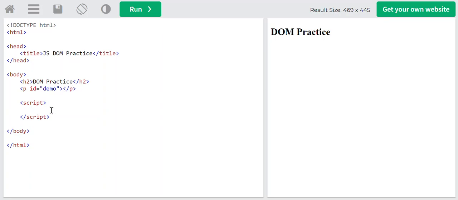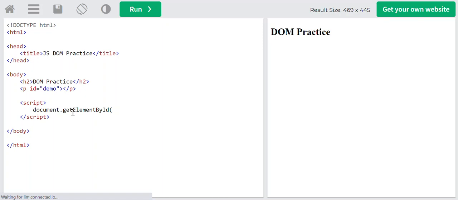Okay, so with the DOM model, remember that anytime you want to access things within your HTML, you want to precede it with document. So document dot, now we are going to get this paragraph ID, which is an attribute for the paragraph element. So we're going to say getElementById,